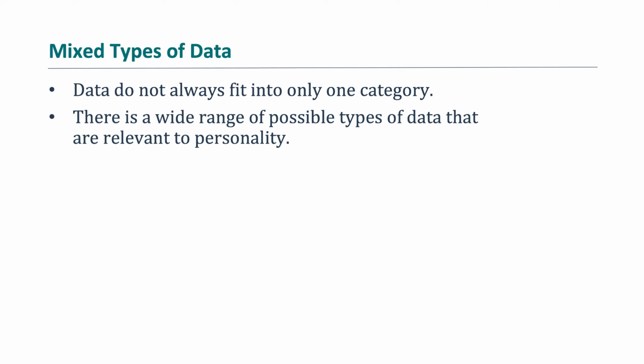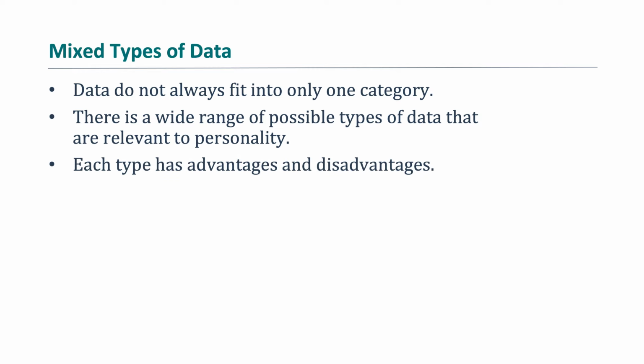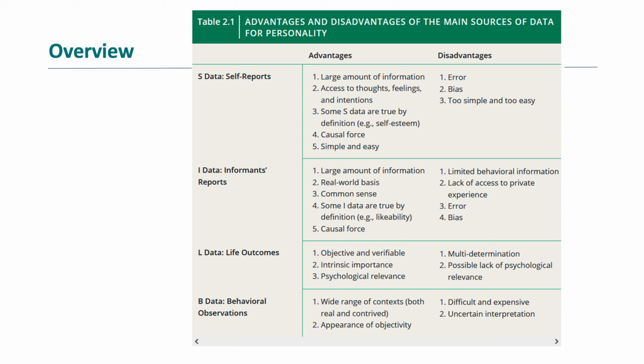So there's a wide range of possible ways that those integrate with each other, and just to keep that in mind, each type has those advantages and disadvantages that we talked about. Even though these don't cleanly fit into one type of data point, it's just things to consider: how many data points do they fit into? So here's just an overview of those. Again, BLISS, B-L-I-S. B is behavioral, L is life, I is informants, and S is self-reports. So it's important that you'll probably need to remember that. So let's discuss